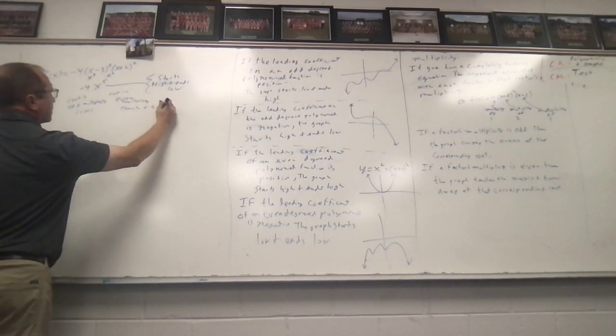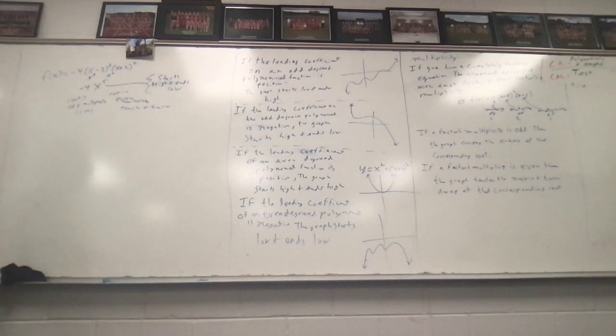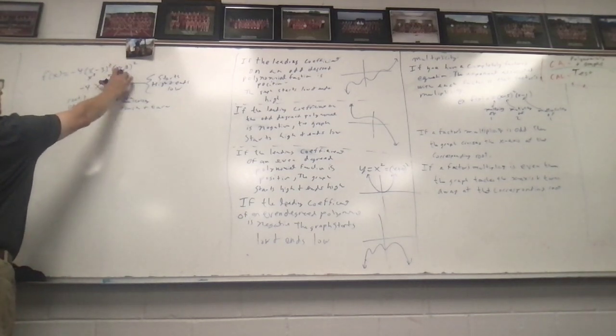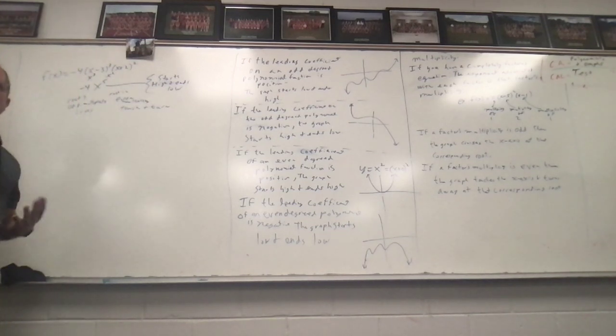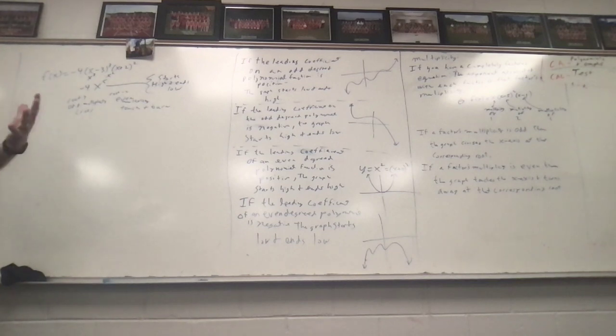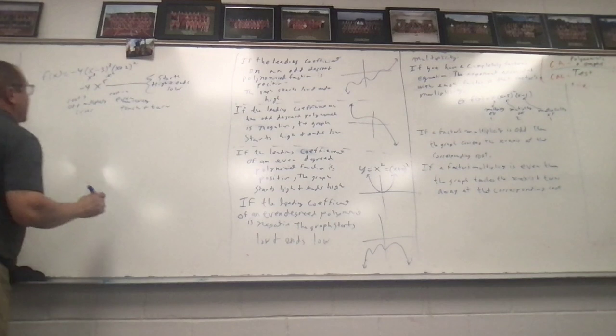There wouldn't be like a multiplicity of the negative 4. No, because you remember you get these roots by setting these values equal to 0. Negative 4 would never equal 0, so there's nothing to set equal to 0 there. Great question. Now, if there had been a negative 4x there, then you'd have negative 4x equal to 0, so x would equal 0. So it would have a multiplicity of 1. Okay, so